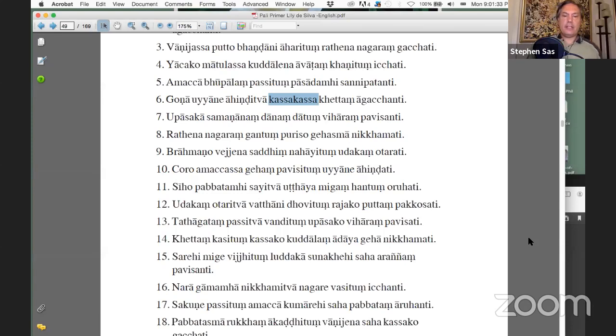Well, take vatani dovitum together. So what is dovitum? Accusative plural. No, it's not accusative. It is to wash. That's right. It's our infinitive, to wash the clothes. And that's right. Rajako is the washerman. Uttam is the accusative singular for the son. Patkosati is calls, the man. Right. I think you've got it right.